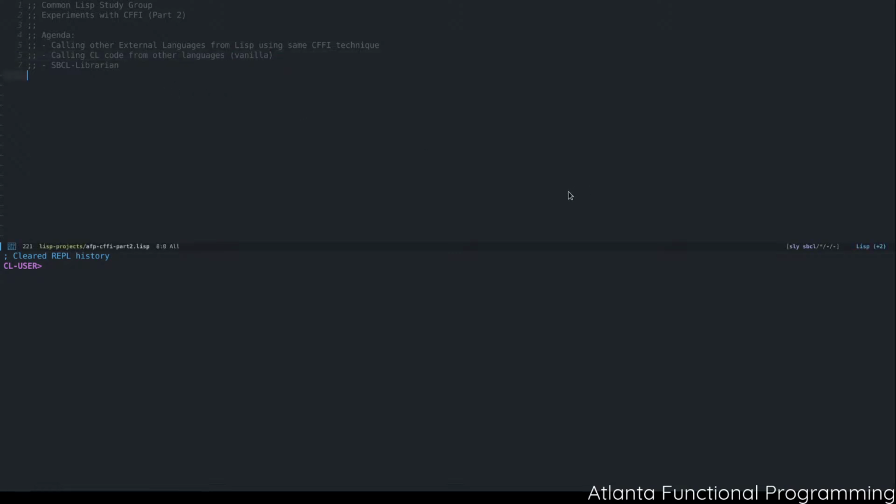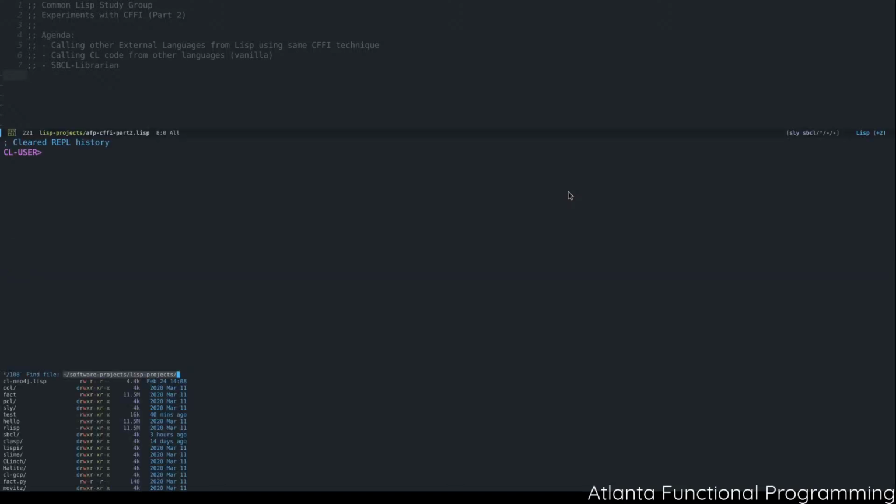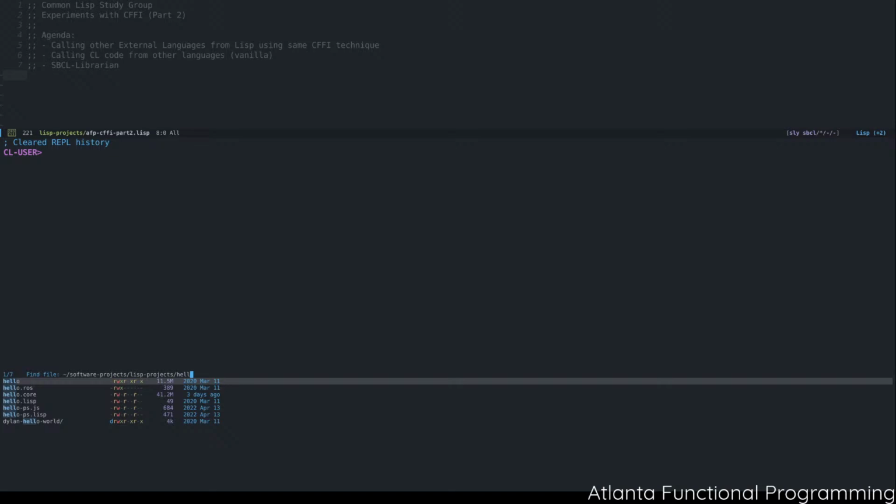So, to start with, as I mentioned, the first topic is going to be calling other external languages from Lisp using the same CFFI technique. I mentioned last time that the C name mangling scheme support could be the basis to be able to call other external languages from Lisp. To illustrate this, I actually wrote, I hope this is still here,